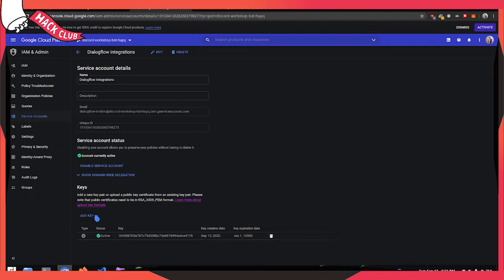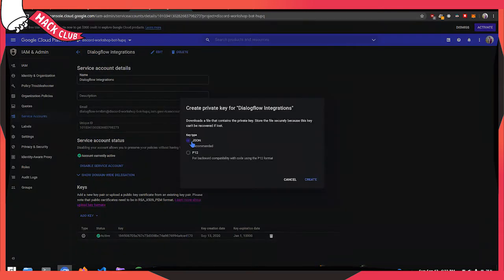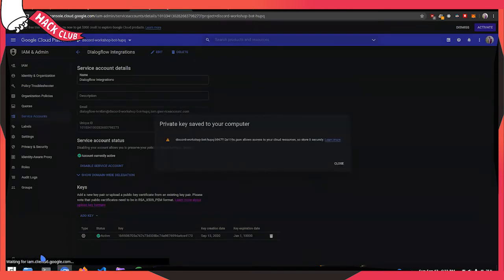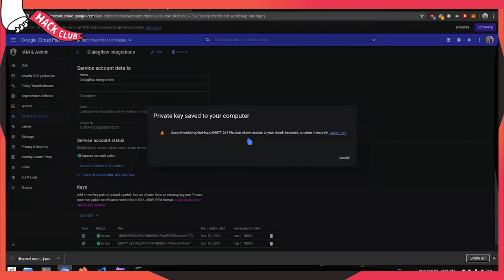Click on the button called add key, and then click on create new key. We would want our key in JSON format, because we're using JavaScript, and both of them bond well together. We'll click on create. It doesn't directly show you the JSON key, it will actually download it for you. The API key is downloaded to your local workstation. You can close this tab, because we don't really need it.